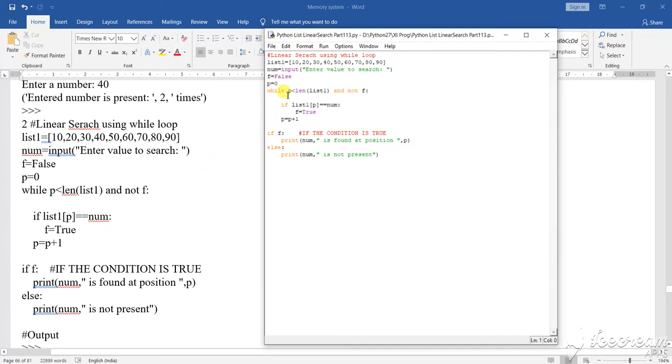using a condition. Linear search means the list here is 10 to 90. I have taken the list, and after taking the list, I have asked the user to insert some values. The user will insert a value from the list. After that, f equals false, p equals 0, while p less than len list1 and not f. So if list1[p] equals num, f equals true, p equals p plus 1,